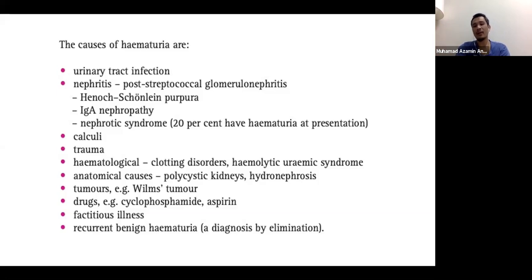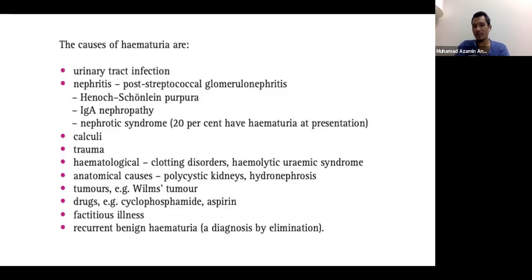It looks like there is blood in the urine, so they come to hospital, and then they get attention because of that. How you know whether this is a factitious illness or not is when you remove the child from the parents' care, the child is fine and normal, and there is no blood in the urine at all. As soon as the parents come back and look after the child, there will always be issues. But the child is normal, with no pain or anything. It's just that the evidence is fabricated by somebody, so there will always be issues with the child, even when the child is well.